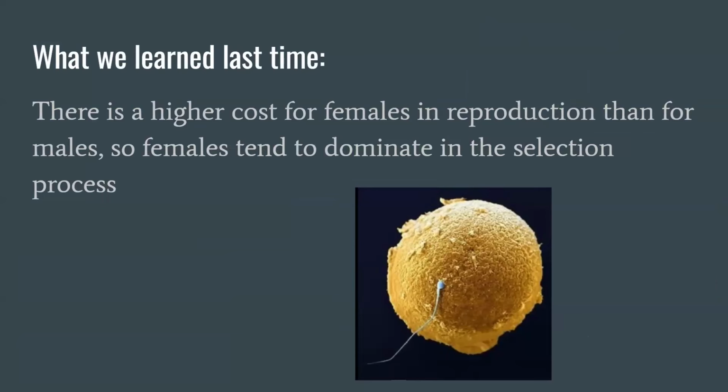So in all species, the cost for reproduction is much higher for the females. Why? Because they have to produce an egg. Males only have to produce sperm, which is not an extremely costly thing to do. But in females producing an egg, that's a tough thing to do. She has to nurture the egg until it gets fertilized. She has to continue to nurture the egg after it's been fertilized and it's dividing and turning into a blastocyst and so on. And eventually, and it may take months, it may take years in the case of elephants, until